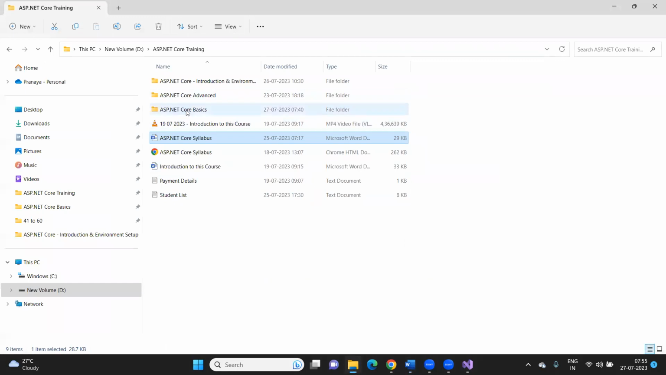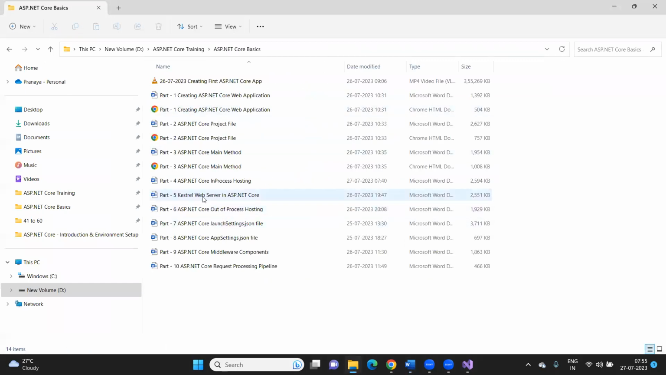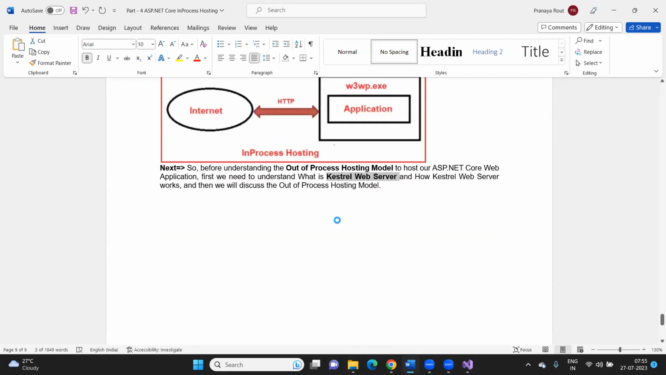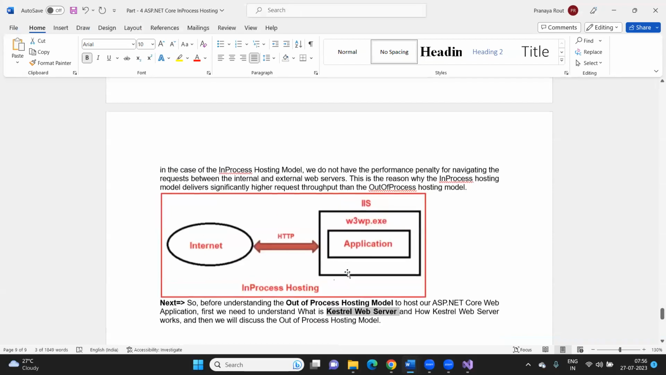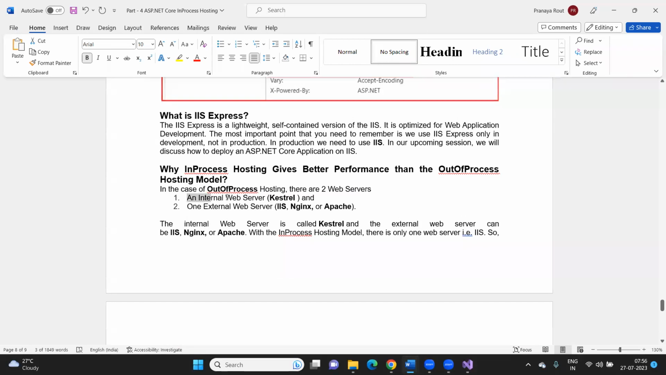The next topic I'm going to discuss in today's session is the Kestrel web server. I already gave you one idea: an internal web server, Kestrel, and external web servers, IIS, Nginx, and Apache. These things come into the picture when you are using the out-of-process hosting model. Out-of-process hosting model means one internal web server and one external web server. Even though you can use only one server,